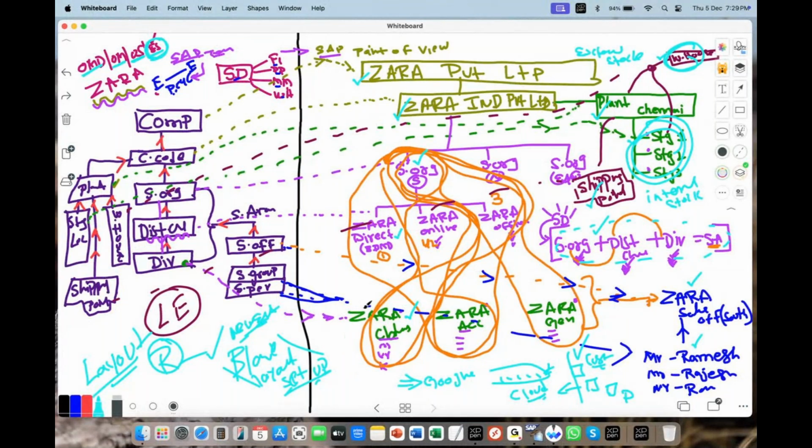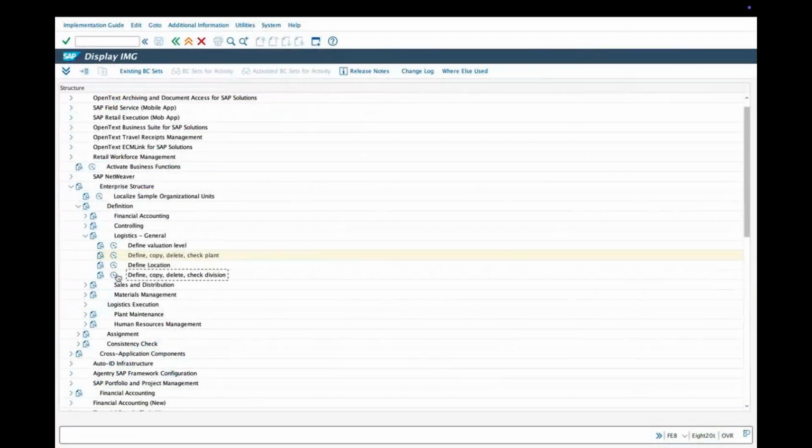Zara clothing has one division, Zara accessories has one division, and Zara general has one division. That's what the client Zara told me. That's what I, as a consultant, made a draft of. That's what Zara, as a client, approved, and that's what we need to set up in the system. So make it simple for yourself. So define division.